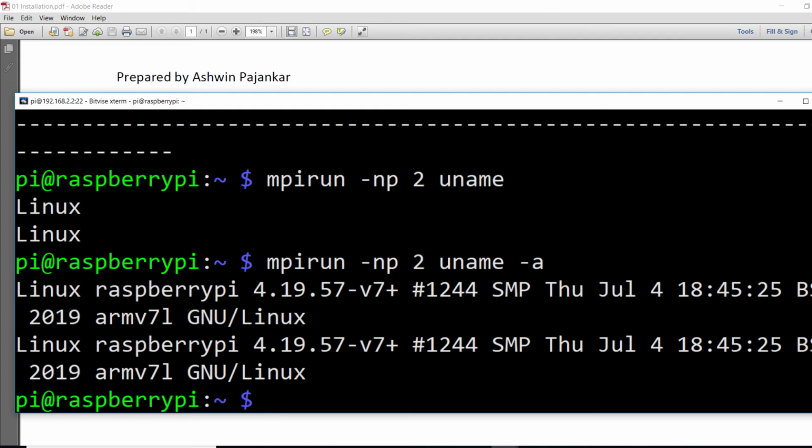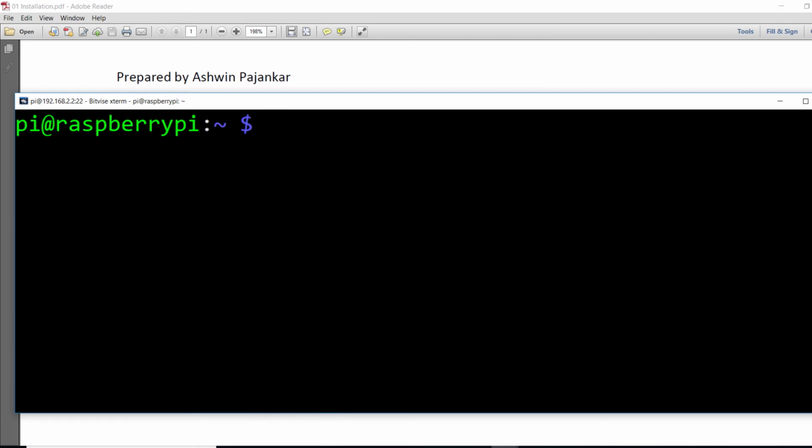This utility is very important, and as I told you, it comes with every implementation of MPI, and we are going to use this utility extensively in the programming section to run the Python and MPI for Pi programs. Now we also need to verify if we are able to import MPI for Pi.